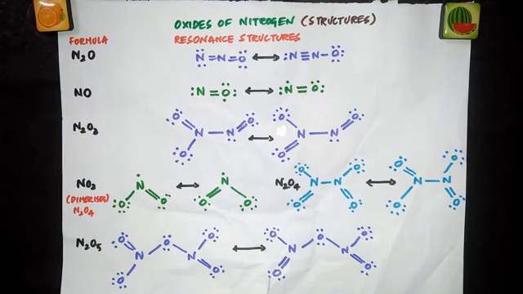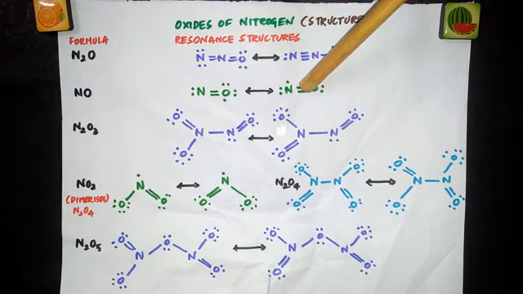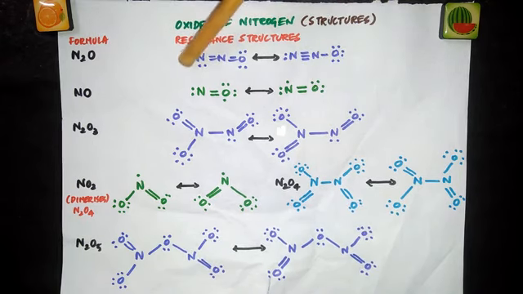You know what are resonance structures? When a molecule is represented by 2 or more hybrid structures and the structures are different in the position of the electrons, not in the position of the atoms. See, the position of the atoms is the same in both the structures, but the position of electrons is different. Then we call these structures resonating structures. So these two are the resonance structures of N2O. Now coming to NO. But before that, what is N2O? It is nothing but nitrous oxide.